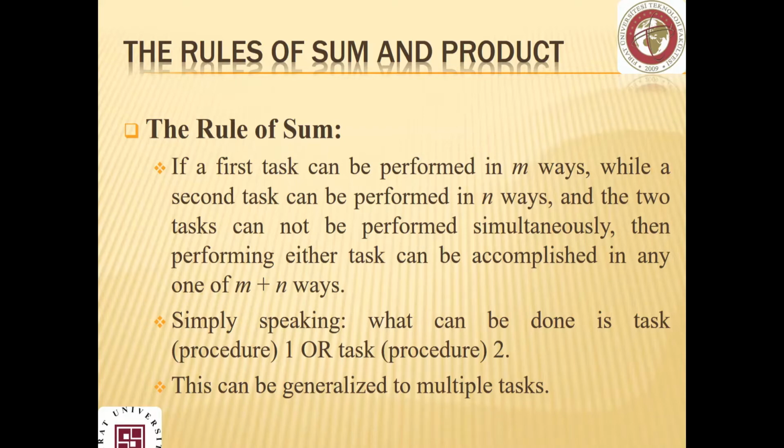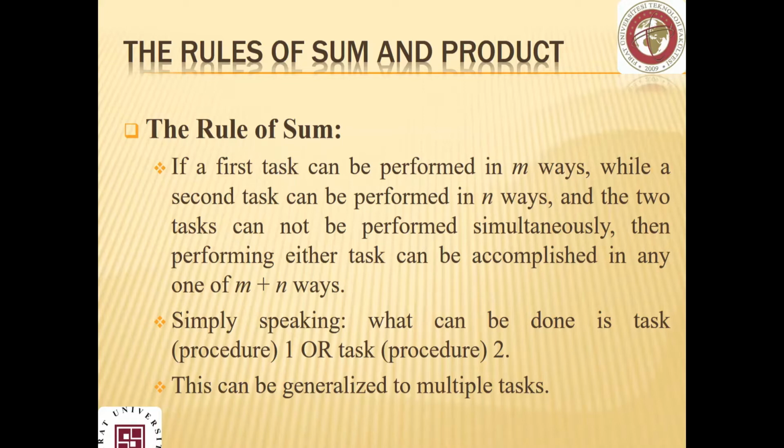Two different procedures, and these procedures are distinguished. They cannot be done at the same time. So they have no related outcomes that affect one another. So they are not done simultaneously. So it's up to you to do the first one or the second one first. So they are not done together. This is a condition. And in that case, if we have a number of possibilities from the first procedure, let's